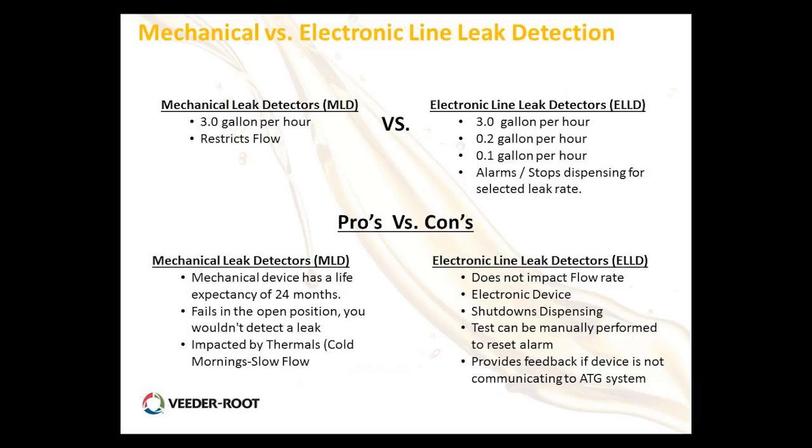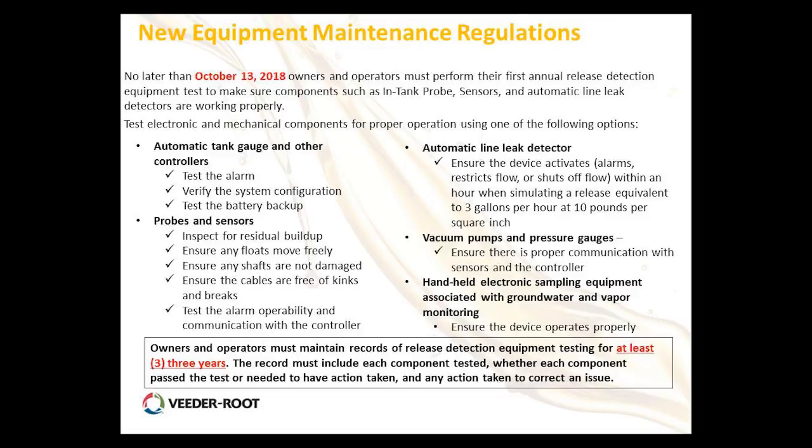So now let's move over to the new equipment maintenance regulation. Basically what the regulation is saying here is that no later than October 13th of 2018, owners and operators are going to have to perform their first annual release detection equipment test. So that means you're going to have to test the components